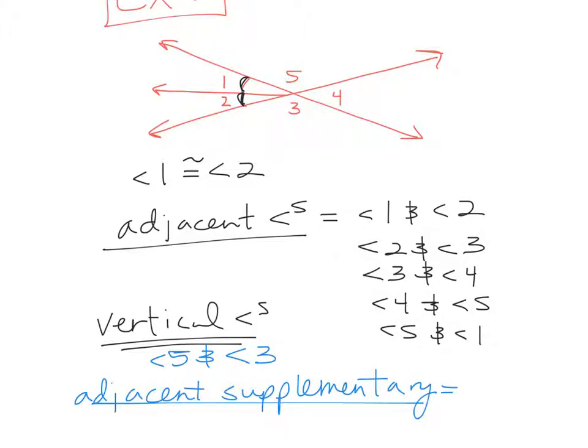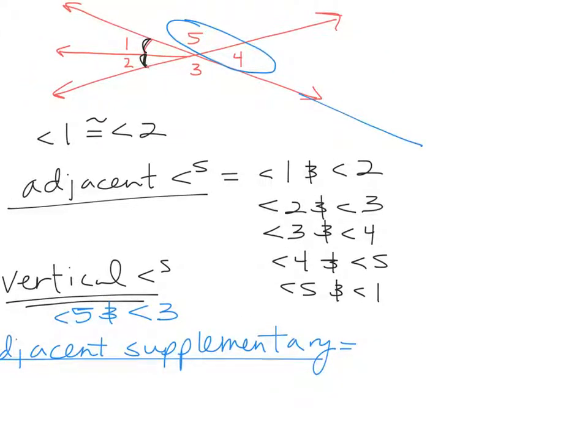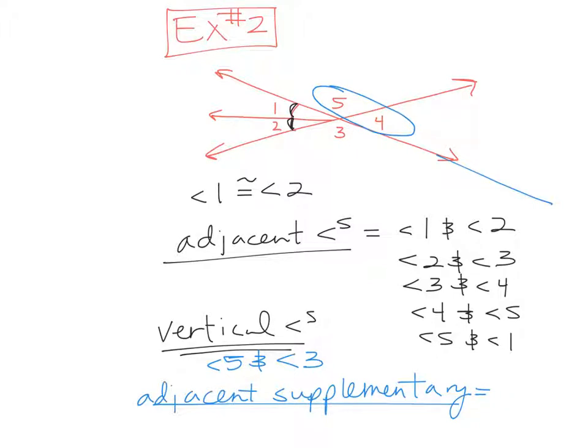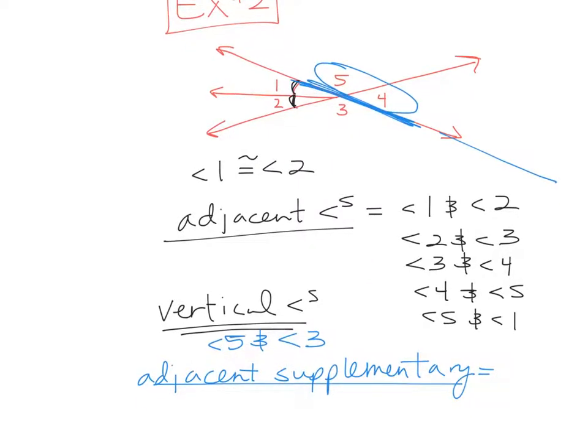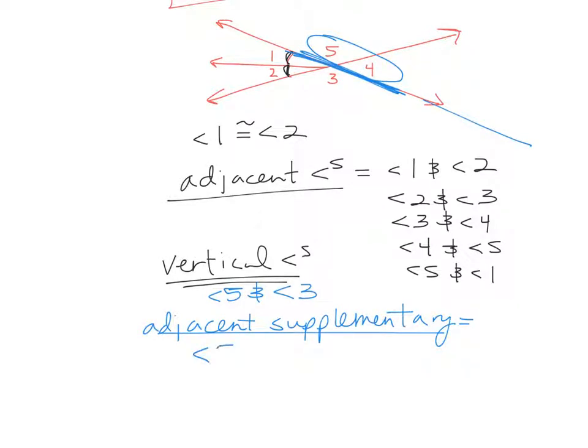Five and three are verticals. Oh, no, so that'd be 5 and 4. 5 and 4. So these two form a straight line, right? Oh, sorry. Form a straight line here. Okay, so we would say angle 5 and angle 4